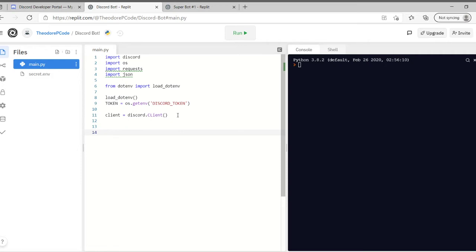And on line 14, you're going to want to put def get_quote, parentheses. So again, the bot that we're using today is going to be an inspiration bot. So when you type in a certain string, it'll give you a quote. So under this, you want to put